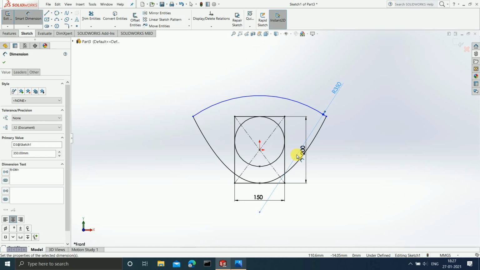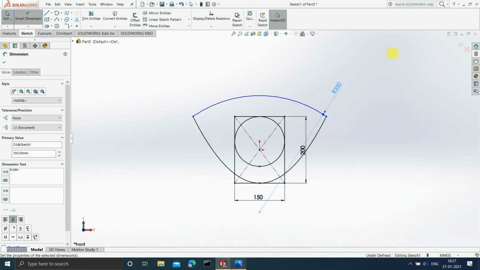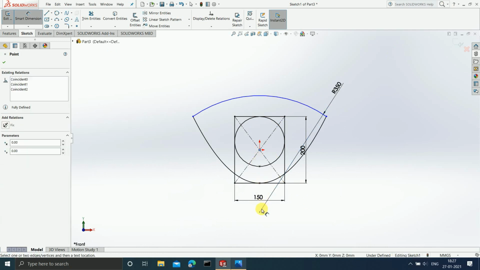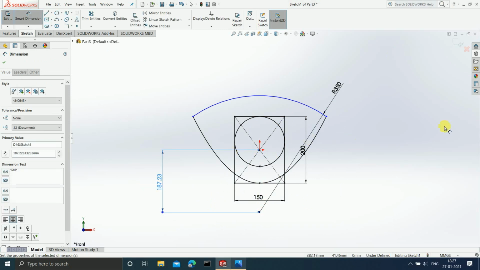So for that you need to define your arc more with respect to the origin. Here can you see, guys, the distance between the origin and the center of the arc is 187.23. So you need to mention that as well. So I'll click from the origin till the center of the arc and it is 187.23. Done. I will now click on OK.